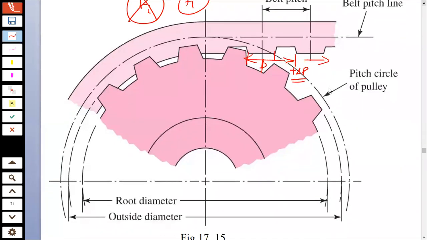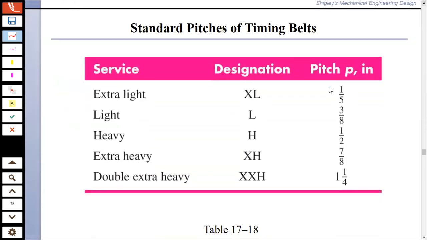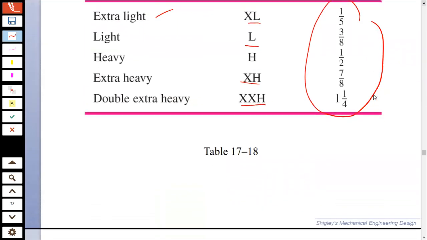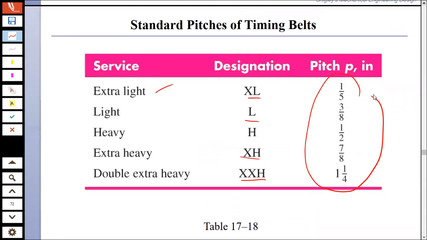The rest of the things के स्टैंडर्ड अवेलेबल है, extra light, XL, light, XH है, extra heavy, and these pitches are available in timing belts, and you can design them in the same way as you design your V belts. ठीक है जी, तो